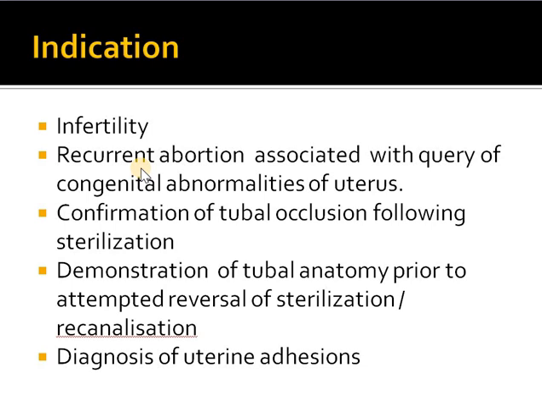Next is in the cases of recurrent abortion. If there are cases of recurrent abortion and we have a doubt that congenital abnormalities might be there in the uterus which is causing this recurrent abortion, we'll opt for this HSG test, which will help us to find the structure of the uterus, which might be the cause or the factor for this recurrent abortion. Also in the cases of infertility, the main cause is the tubal factor, but also if there is an abnormal structure of the uterus, there might be chances that they have a problem in conception.